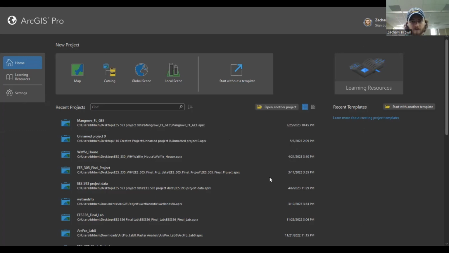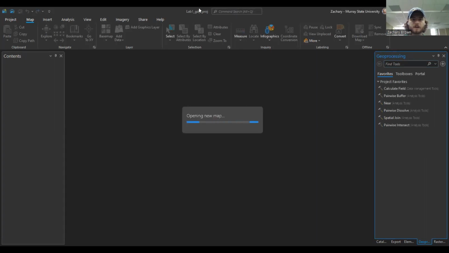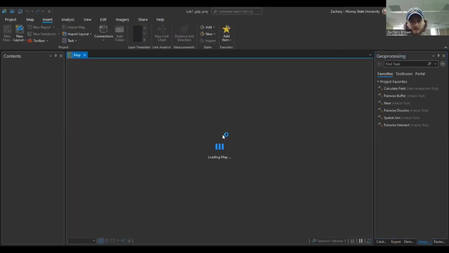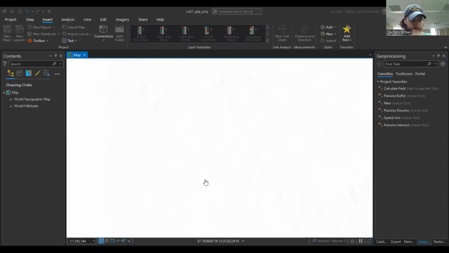So we'll click OK, and then we'll make our new project file. You can see the name up here as lab1_GDP_proj. So now that that is created,